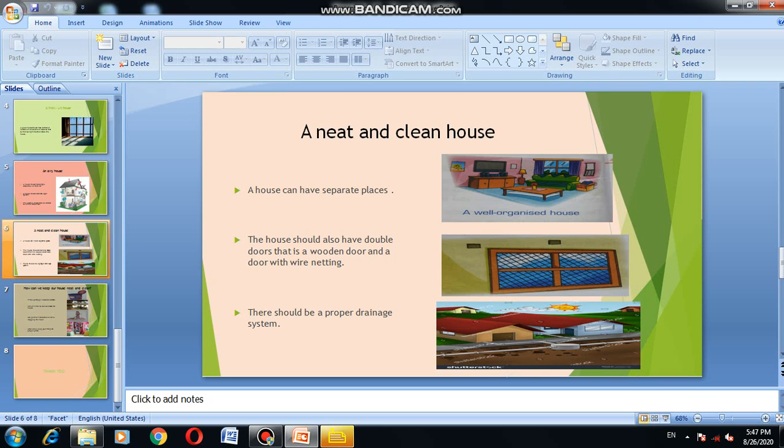A neat and clean house. Our house must be neat and clean so it looks good and germs do not grow inside our house.